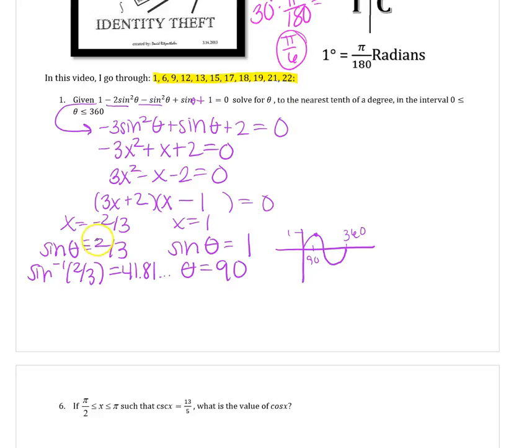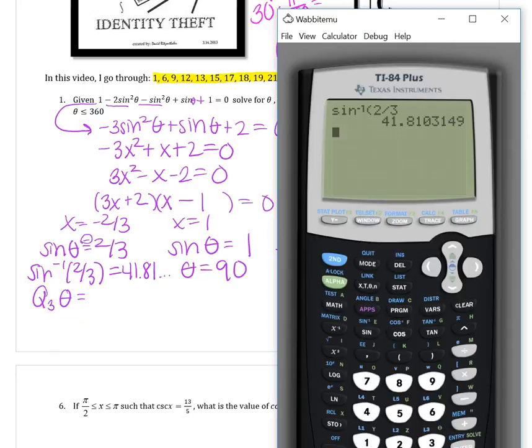Now, if sine is negative, that's where you think of your ASTC chart. Sine is positive in quadrants 1 and 2, so those are out. Therefore, you're looking for the angle in quadrants 3 and quadrant 4. So our quadrant 3 angle would be 180 plus that reference angle, whoopsies,